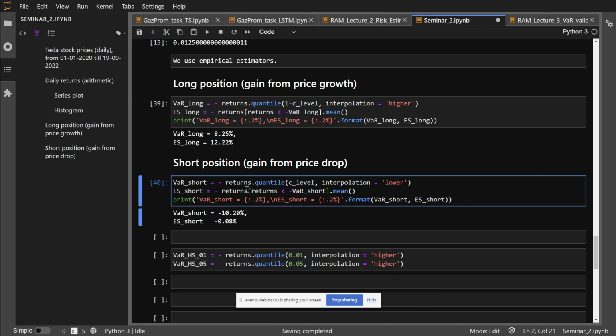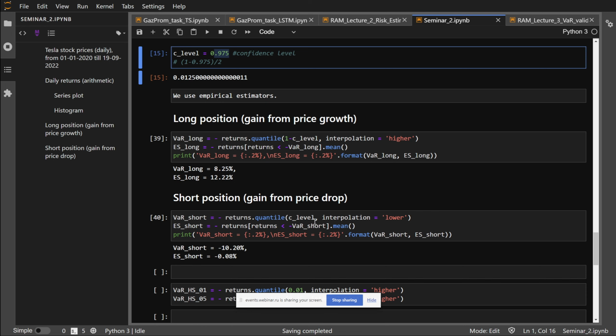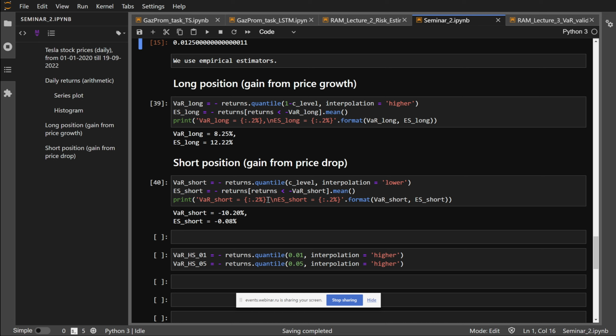Fine. Now let's go to the short position. So var short, we are actually concerned about the positive side of the returns. So what can we do now? We use quantile. We apply the confidence level. So 97.5% should be on the left-hand side from this value. And interpolation should be lower. And we don't need to put minus here because we're going to obtain positive values. I mean in the first line where you calculate var short, right? Just to be on the same page all over the process. So we just agree that all the calculations should end up with positive values. Okay. So right, it is